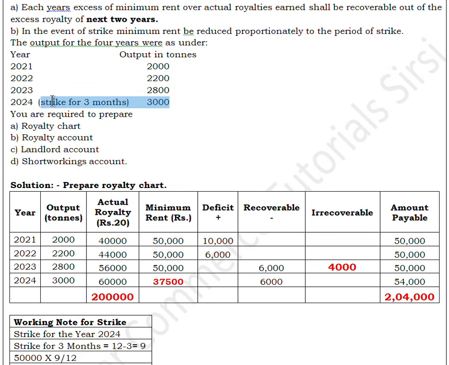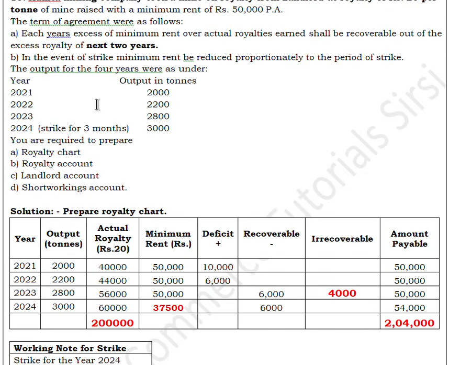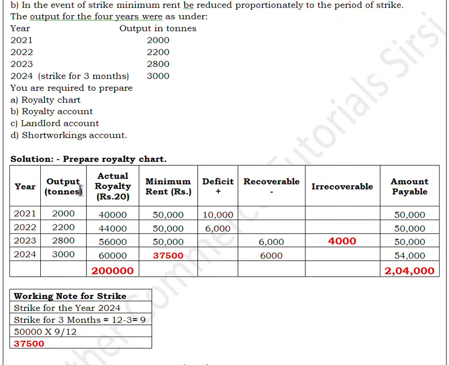Usually they ask this type of adjustment for 15 marks, and after this the things that they have asked is to prepare a royalty chart, then royalty account, a landlord account, and a short workings account. Let us start with the preparation of a royalty chart. If you have watched my previous videos in which I had solved the questions for 5 marks, you will be knowing the concept by now. So to prepare the royalty chart, we need